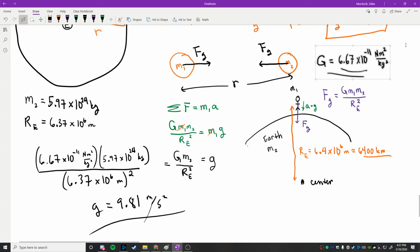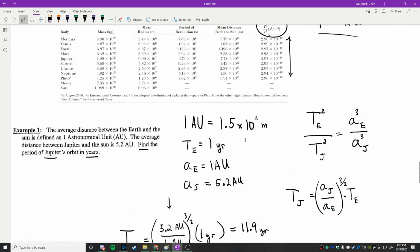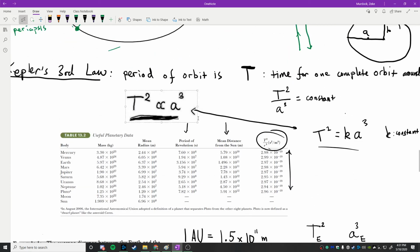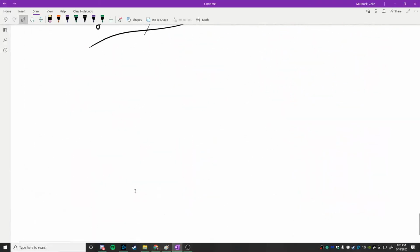Now, you mentioned mv squared over r, and I think the next thing we'll do is we're going to prove where this comes from. We're going to prove Kepler's third law next. Okay. When we're able to go back to school, go into the 1A room and ask a teacher to show you how the Cavendish balance works. I mean, I can pull a picture up of it, but it's...